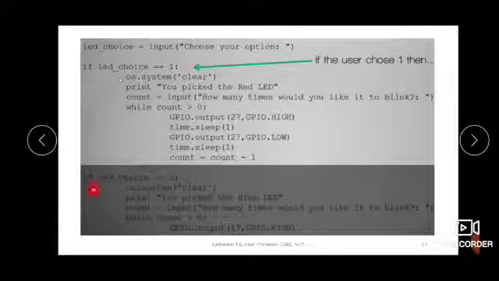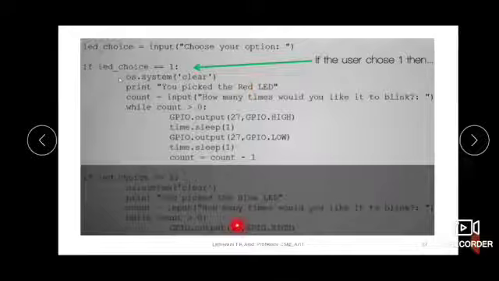Similarly, here you can see if LED choice is 2, that means the blue LED, then clear the screen, then the statement 'you picked the blue LED' will be printed, and how many times you would like the LED to blink will be accepted and stored in the count variable. And in the while loop, count greater than 0, here we have taken the 27 pin because we were taking the red LED.